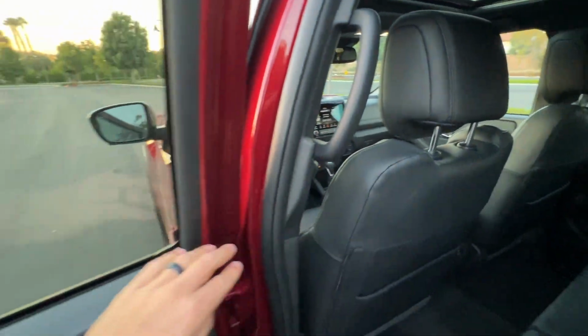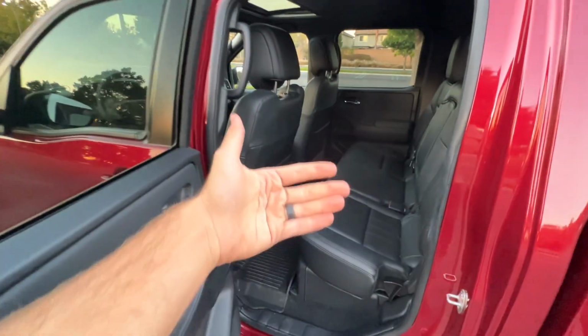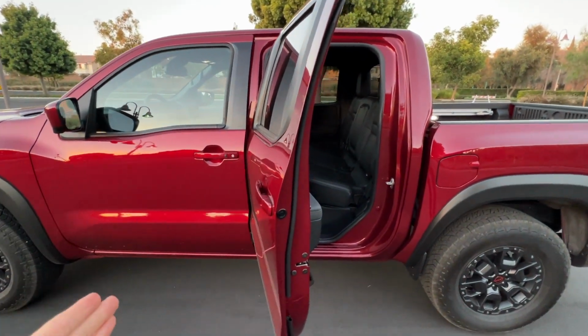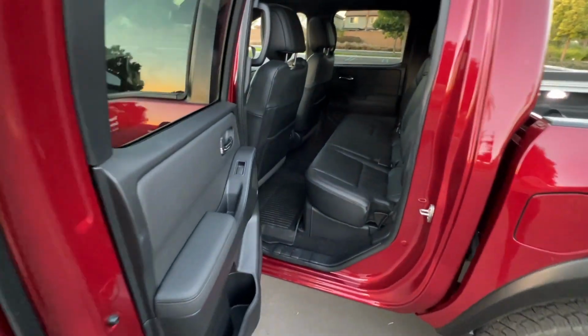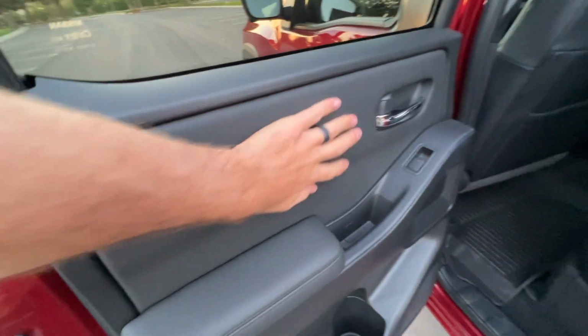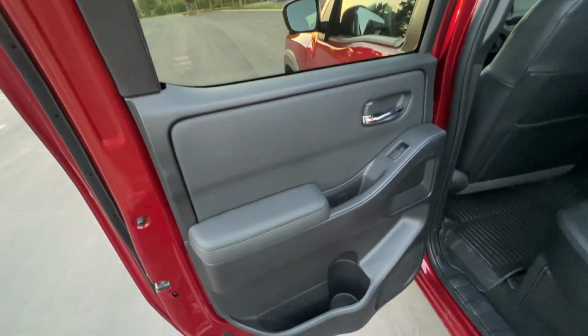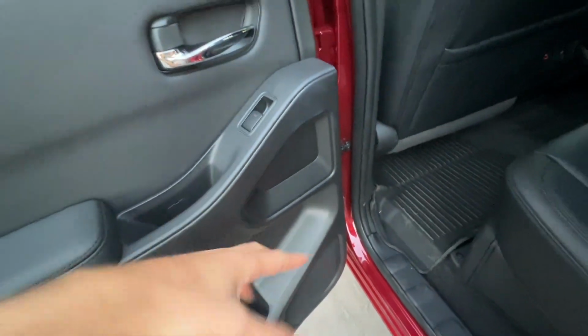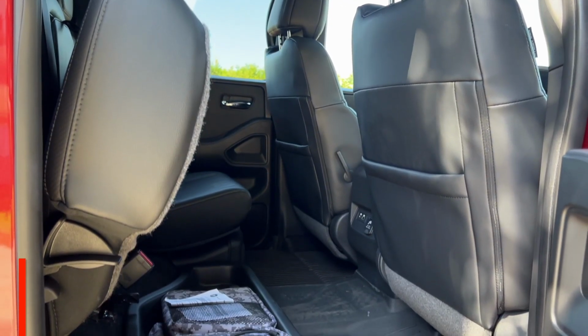Grab handle to get up and in, and importantly for ease of entry, these full-size rear doors open very wide. If they were narrow like I've seen in some trucks, it's just very annoying to get in and out. This, not a problem. You got the soft touch material in the doors here, but otherwise a flat design. You don't even have the black gloss like the front to gussy it up. But let's hop up and in